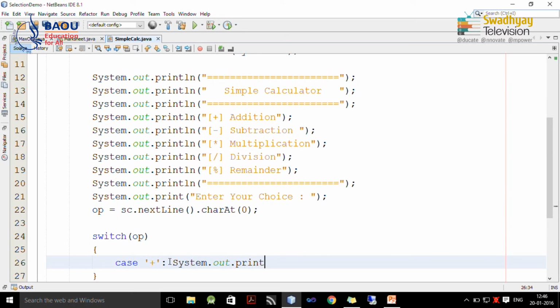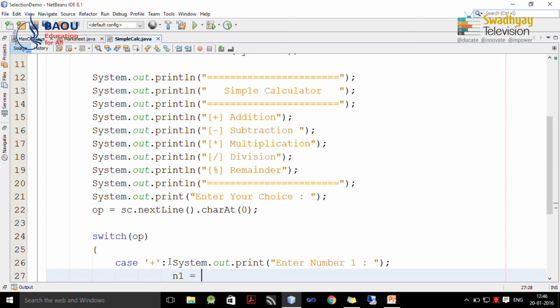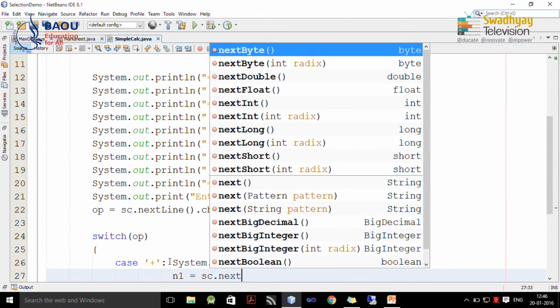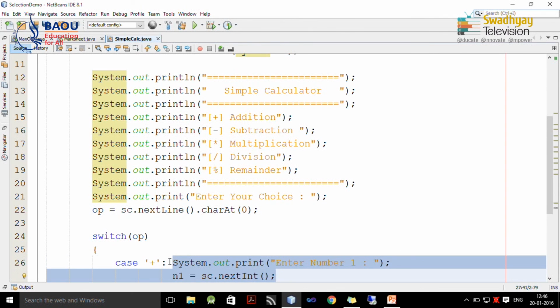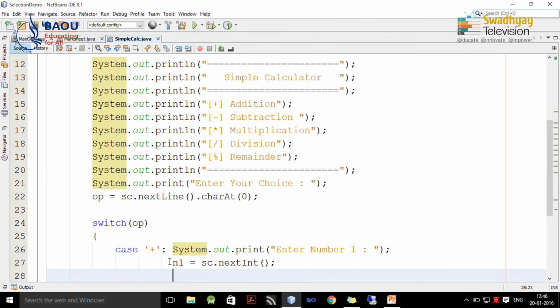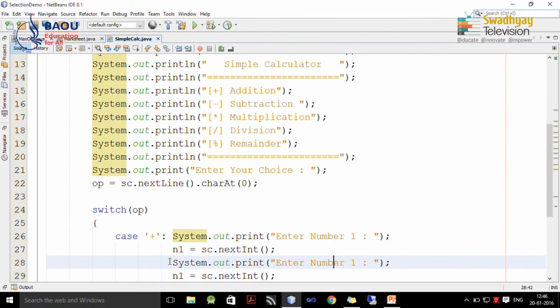addition. So I write down inside this case enter number 1, and inside n1 we are going to read this integer value. We copy this and we read number 2.